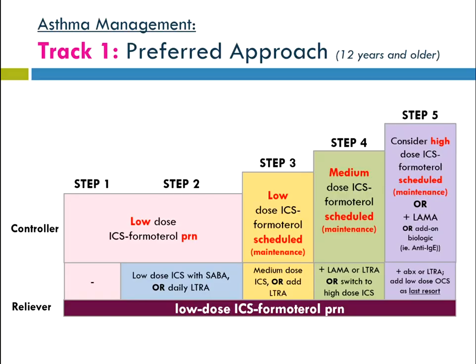Okay? If they are at step 4, medium schedule. I put the words in red to just kind of help you condense what you need to memorize. So we're either doing low, it's always ICS plus formoterol, the preferred controller to start there. So we're either going to do low as needed, low scheduled, medium scheduled, or high scheduled. Okay? If we're at step 5, so we either step up to that point,